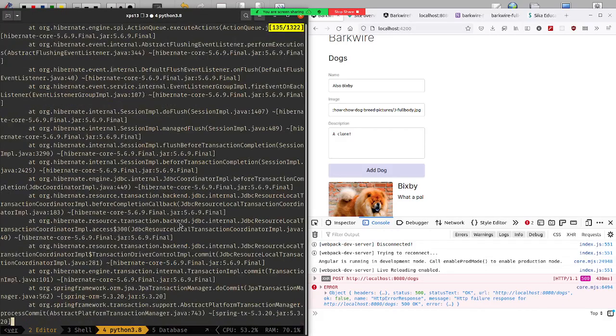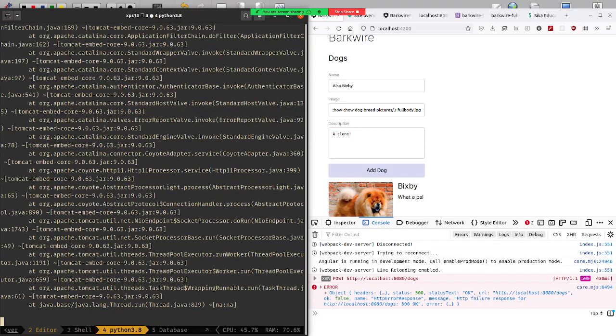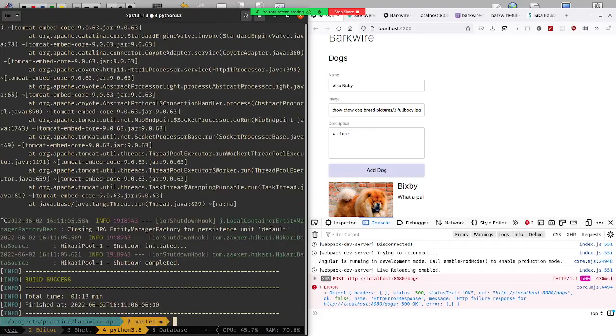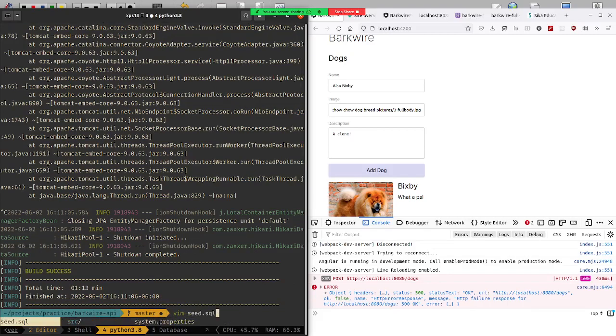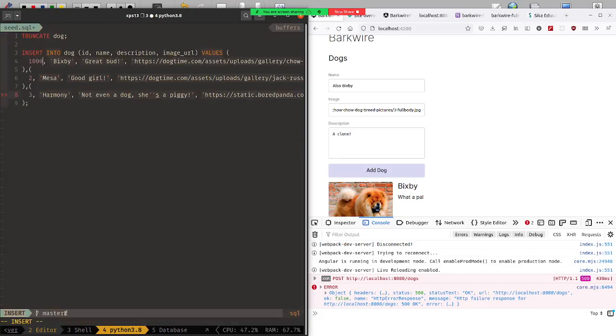So this is our server. Duplicate key value. Oh God, this is the problem with trying to seed stuff with IDs. All right, let's try this. I'm going to get to that seed file. This is the dumbest way to do this, by the way, but it'll get us through for right now. Just make this some high number. You're just kicking the can down the road. You're making it so that it'll break 1,000 records in